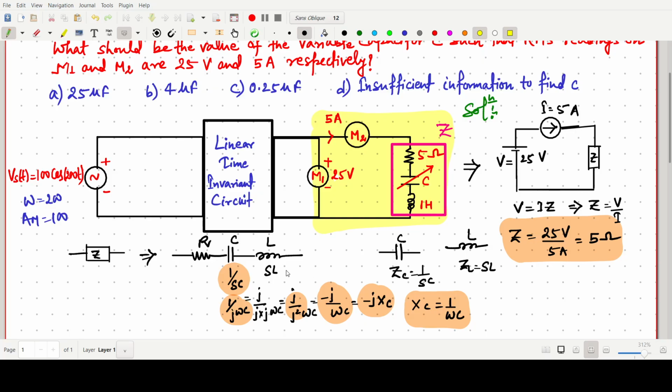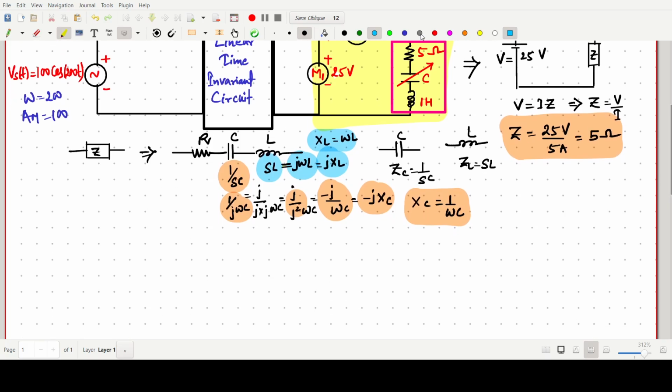Clear? Now the impedance for the inductor part can be written as S J omega L, and this can be written as J XL, where XL is nothing but simply omega L. We know the basic, but I am just highlighting the thing. SL for the inductor, J omega L, and we can write it J XL, where XL is omega L. Okay, RLC. So once again, the basic,